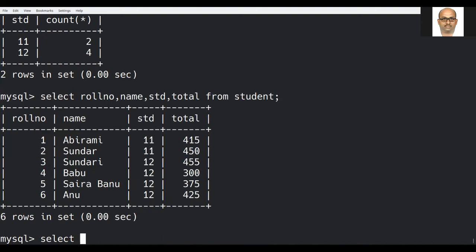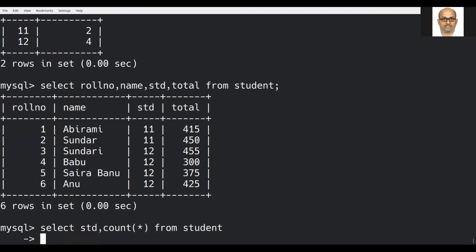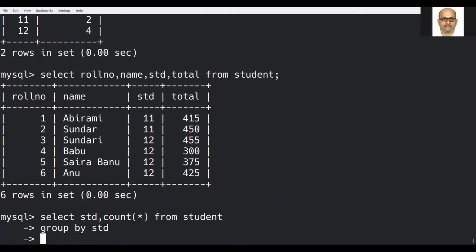Select std comma count star from student group by standard. Here I am trying to give a condition. When I want to give a condition, I will be giving it using having.